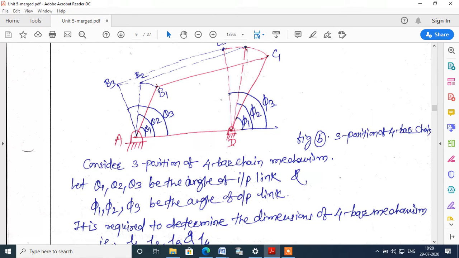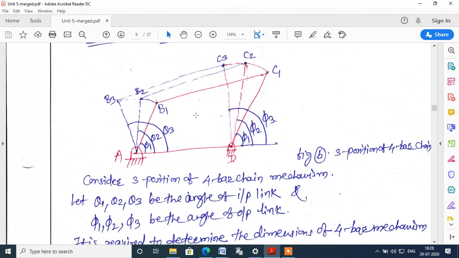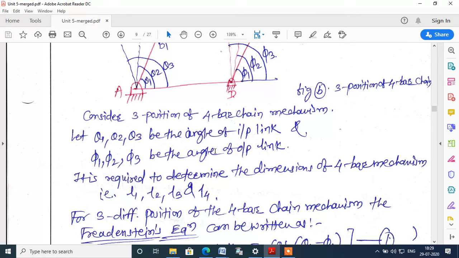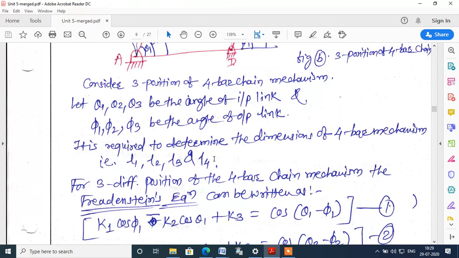Okay. So when B1 is shifted to B2 at an angle theta 2, B1 is shifted to B3 at an angle theta 3. At the same time, C1 is shifted to C2 at an angle phi 2, C1 is shifted to C3 at an angle phi 3. It is required to determine the dimensions of the 4-bar mechanism, that is L1, L2, L3 and L4. So for three different positions of the 4-bar chain mechanism, the Freudenstein equation can be written as,